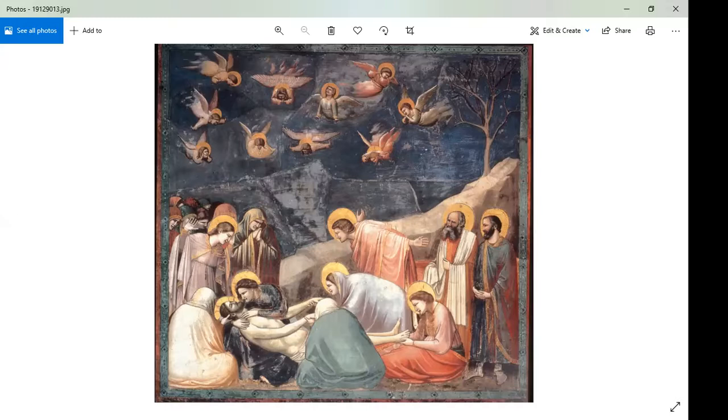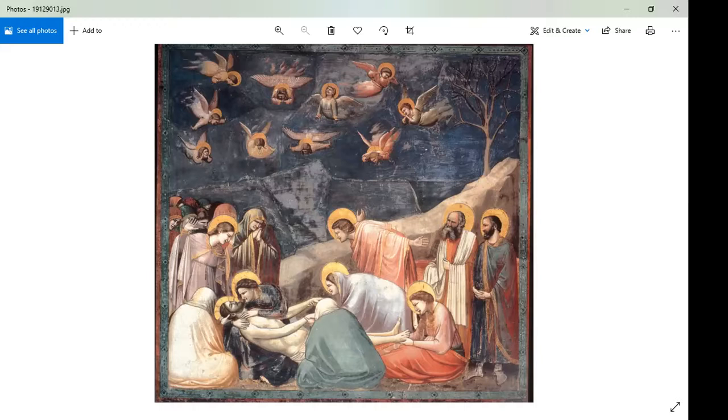And it is the lamentation, two words, the lamentation. L-A-M-E-N-T-A-T-I-O-N. The word lamentation means to mourn, to lament the death of someone. The lamentation. The artist's name is Giotto, or if you're from Indiana, like my favorite aunt, she'd call him Giotto. And the date is